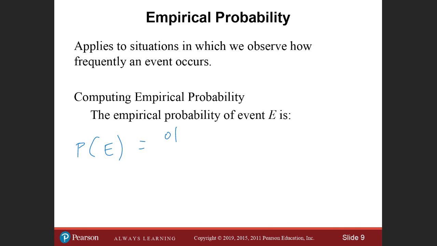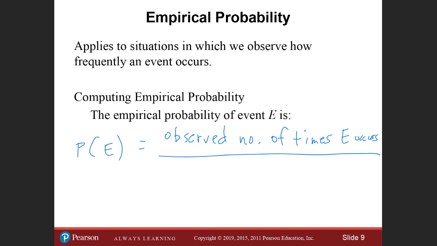The top would be the observed number of times E, the event, occurs, divided by